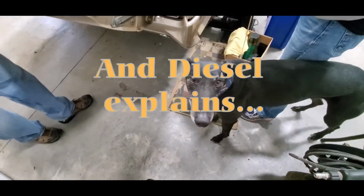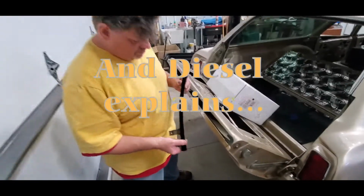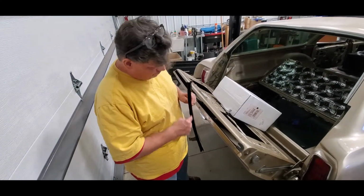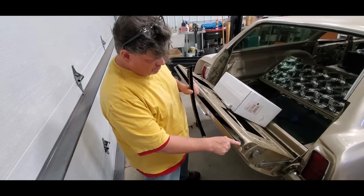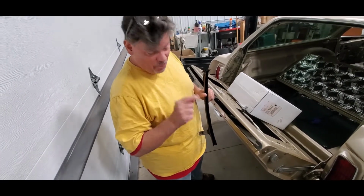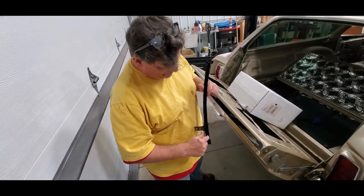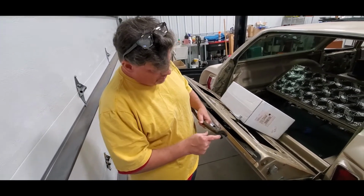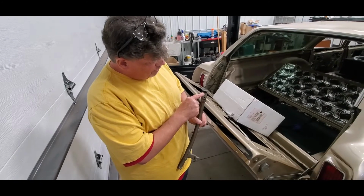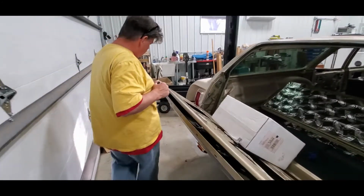Okay, ShopDog's watching. All right, what are we doing? All right, so this is the inner track for the rear window inside the tailgate. Have you verified it fits the window? We did earlier today, and the window slides up and down really nice. We got brand new reproduction rubber. They actually do make this. Pulled off the old ones and pop riveted on. And then this will just slip right in